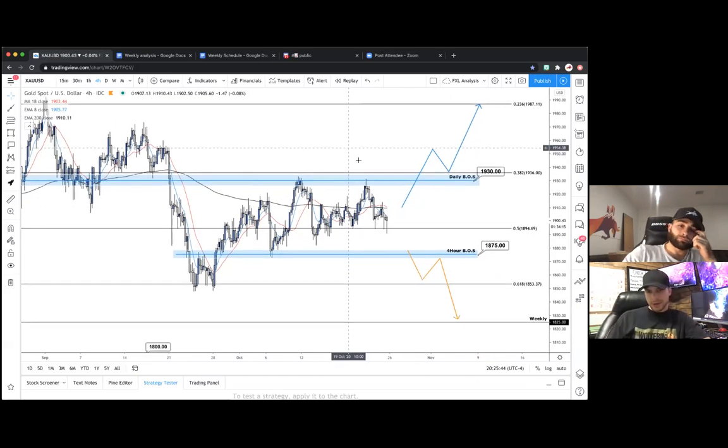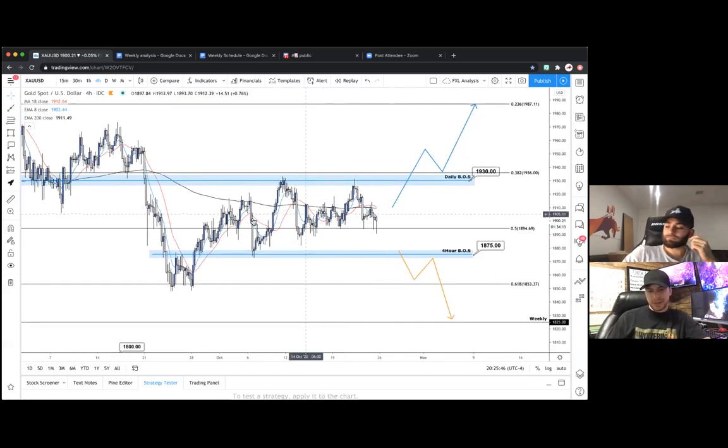So 4 hour trend is bullish, daily trend is bearish, but anything higher than the daily is bullish. All right, so it's going sideways. This is a sideways moving asset that we're trading right now. We can't really do much with this. Again, if you are a scalper, trade the range, buy every low, sell every high within these two levels. Do what you got to do, but